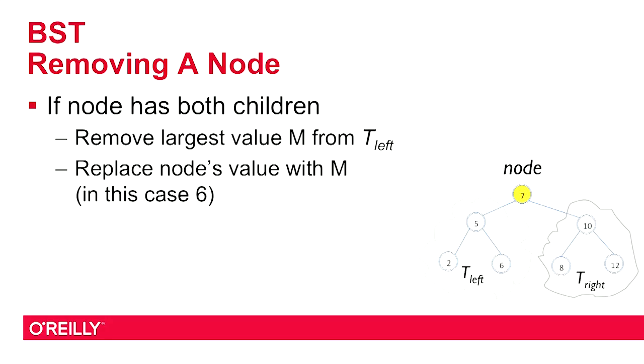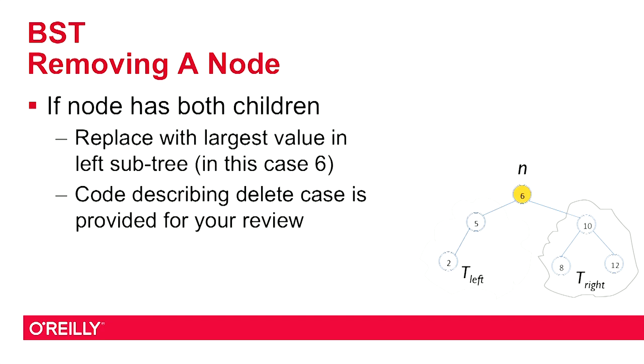for all binary trees. So let's review how to delete a node from a binary tree that has 2 children. The idea is to find the largest element in the left subtree. And I do that, as you just saw in the code, by looking at my child, which was the value 5, and then his right grandchild, which was here. And then I try to progress as many times as I needed to get to the largest element in that subtree. Once I found it, in this case it's 6, I can move it up and then remove it from the left subtree entirely. And as I mentioned, you should review that code after you finish the video to make